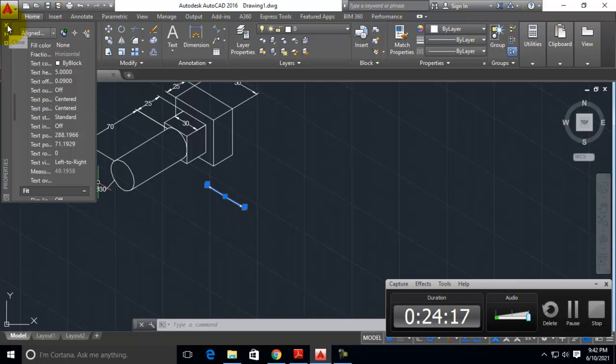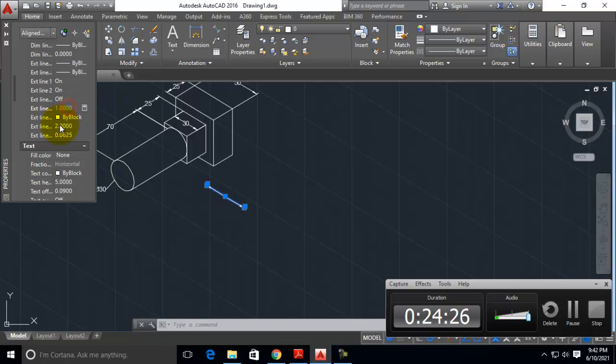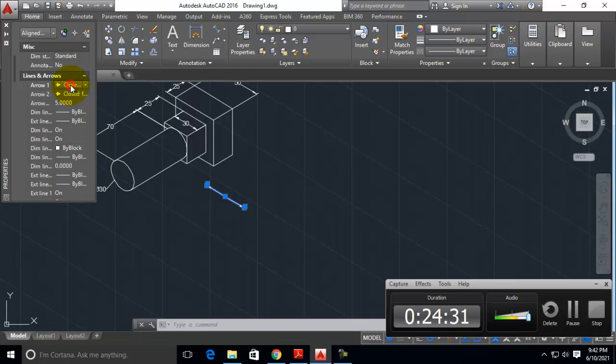Also for this alone you can use extension line as 0. For the arrow, one side alone you can have an arrow like this, and for the other side no need of an arrow, you can use none. You have to give the arrowhead for the top only. For the second arrowhead you can use none to disable the arrow visibility.